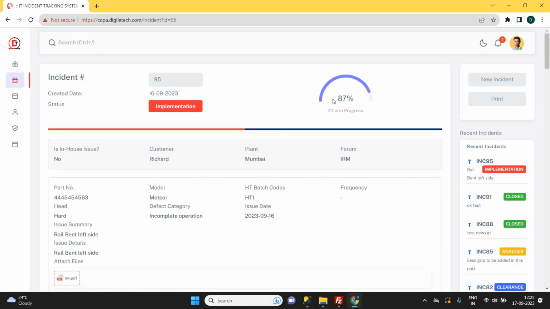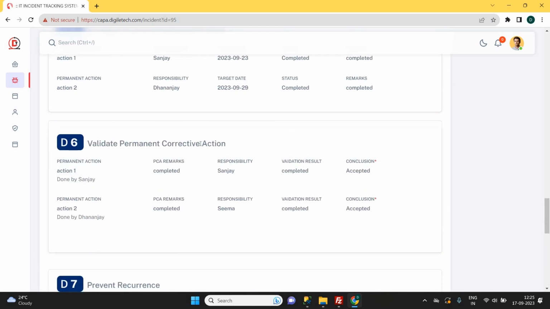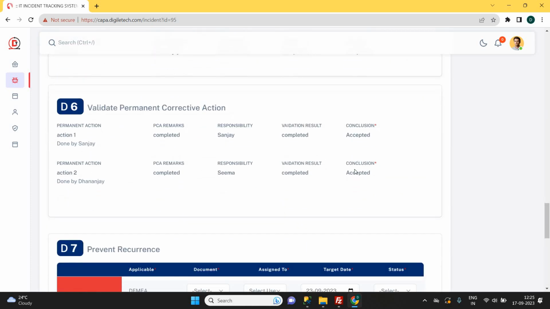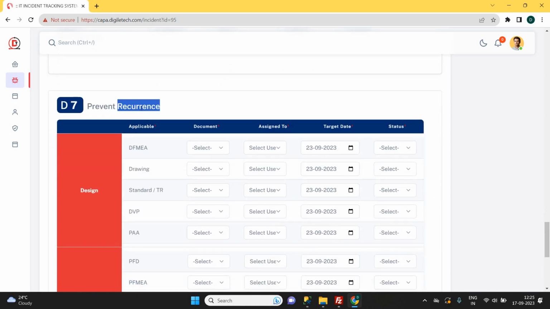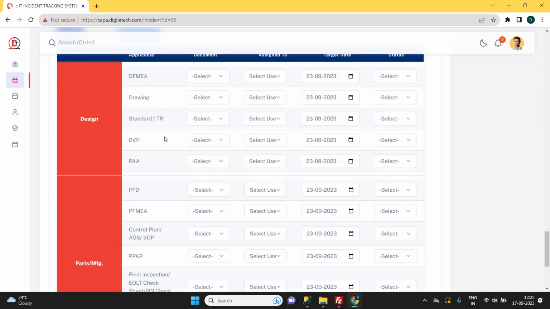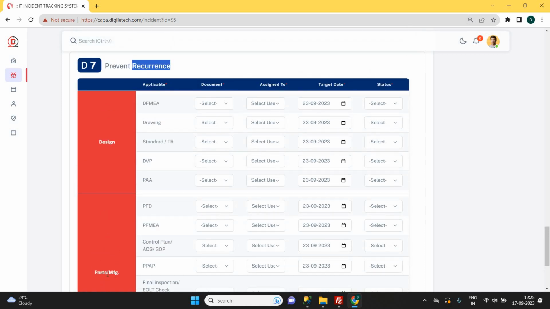If I go again here, I can see the percentage of completion, and I can see 6 is completed now as they accepted it. And the step Prevent Recurrence has started. Here you can see things are divided into two parts, design and parts manufacturing. So all these are documents they have to complete. If documents are applicable, I can select yes, otherwise I can select no,